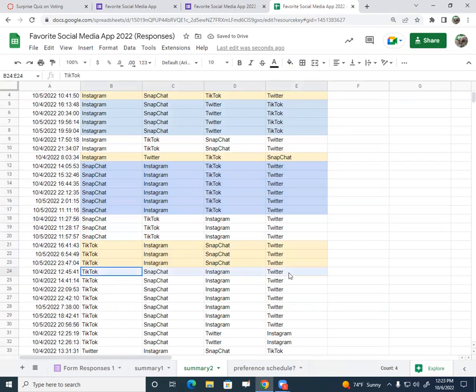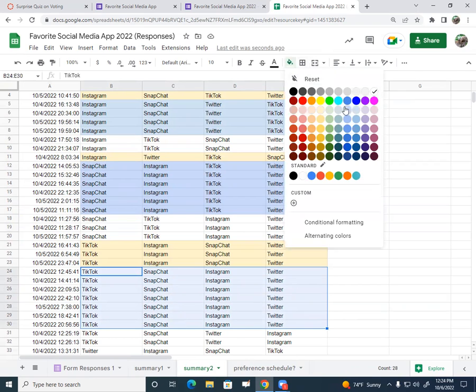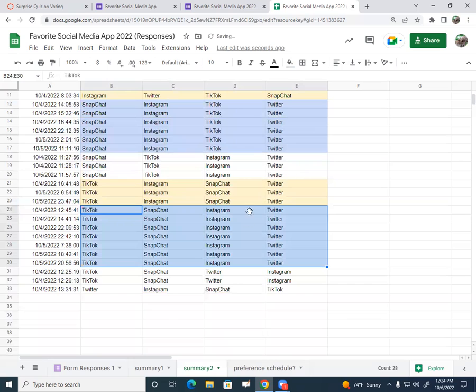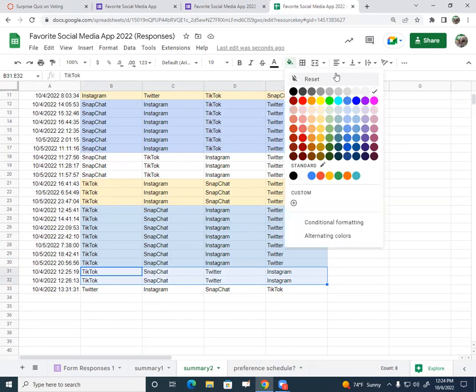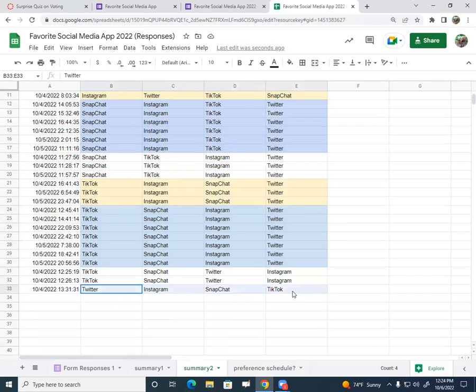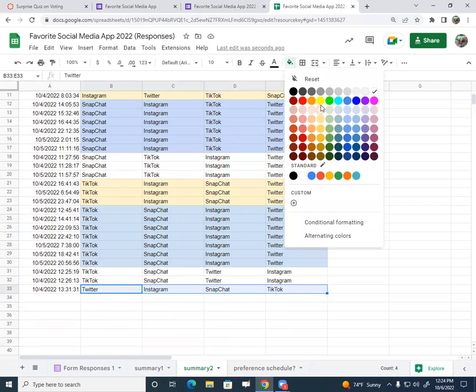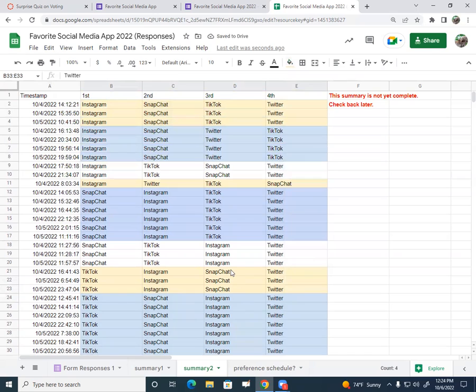TikTok, Snapchat, Twitter, Instagram occurred a whole bunch of times. That was a popular one. Light blue. TikTok, Snapchat, Twitter, Instagram occurred twice. So we didn't get all of the 24 variations, which often happens. You don't end up with all of them. So that one can stay white, and this one can go yellowish. All right, so this right here is the first step at coming up with that preference table from the preference